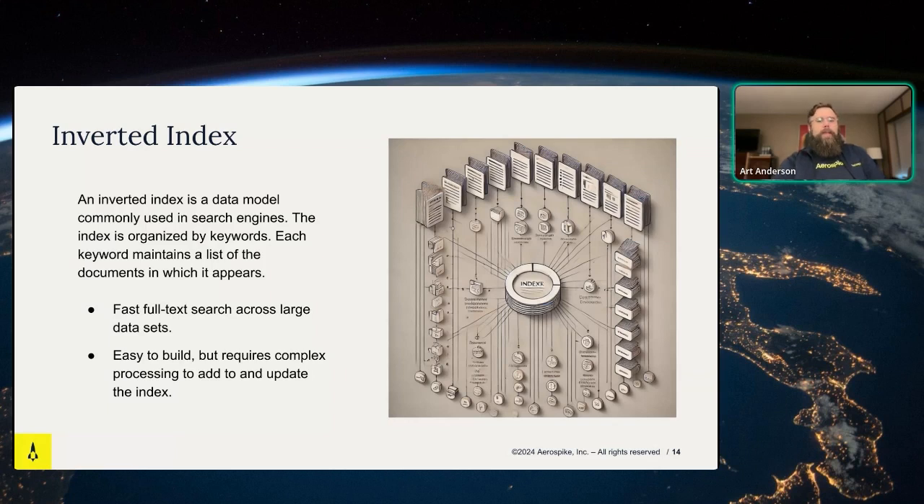So the way that this is set up with Aerospike is every keyword that we come across when we're processing the data becomes a record in Aerospike. And that record is going to maintain a map. Every key in that map is going to be the document chunk that contains that keyword. And then the value for that document chunk is some metadata, if you will, about the position that the keyword shows up in, the frequency that the keyword shows up in, and then